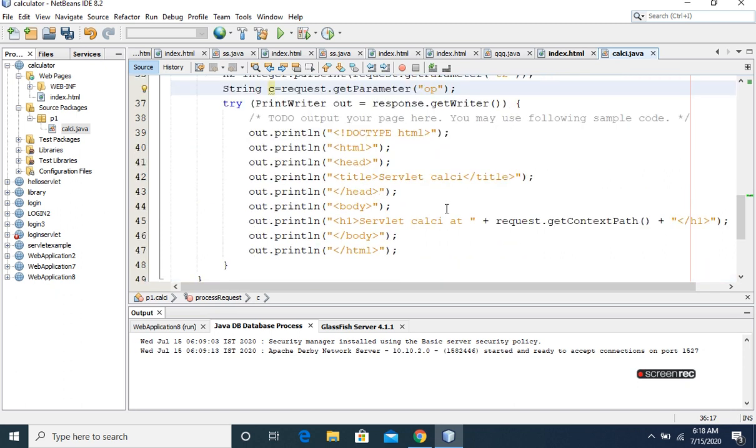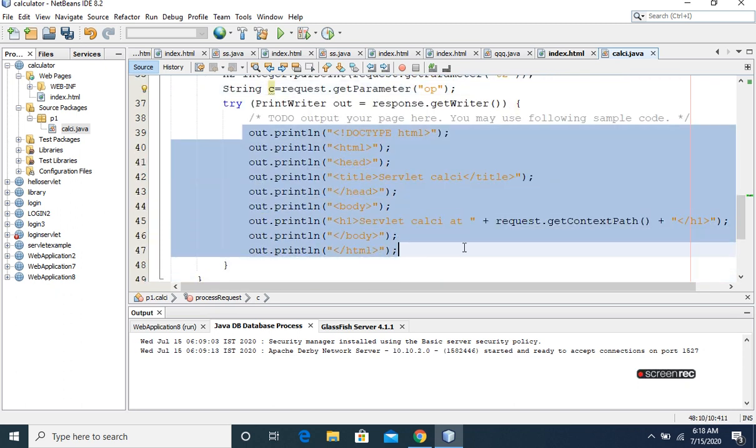So I just don't want to print in HTML format, so I will remove this.